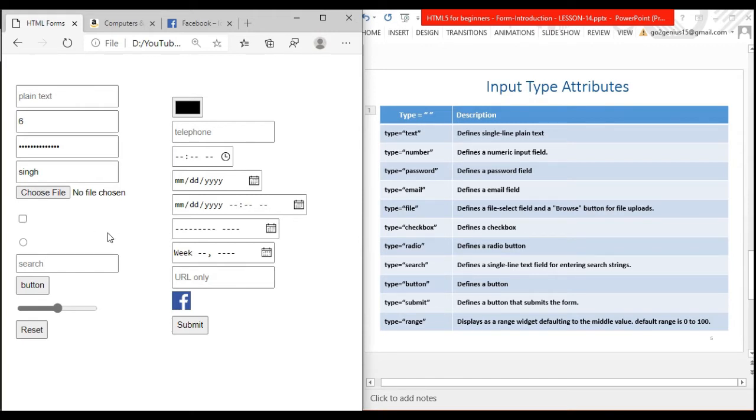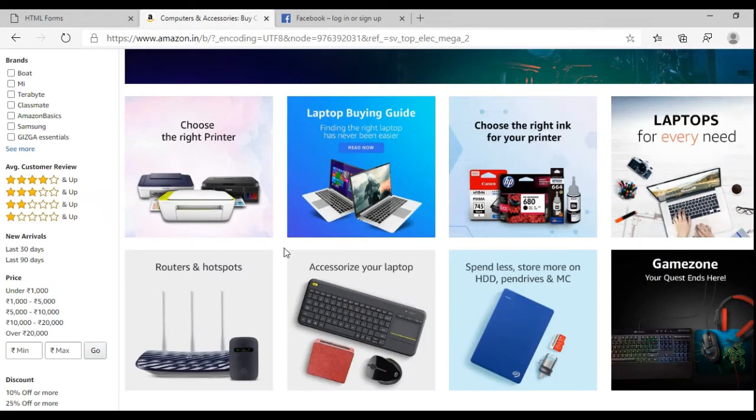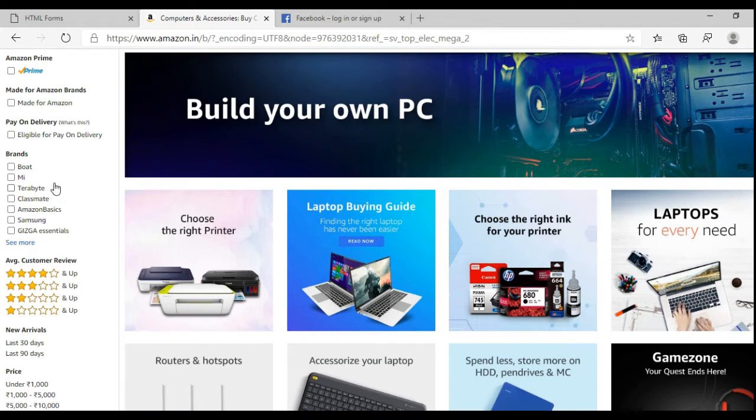Next is checkbox. Checkbox defines a checkbox. So where do we use the checkbox, I have an example here. You can see whenever you go to an e-commerce website and you choose any product, like here I have selected laptop accessories, and it's giving me some brand options.